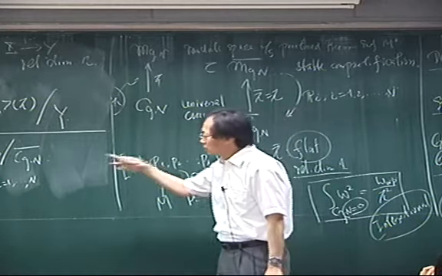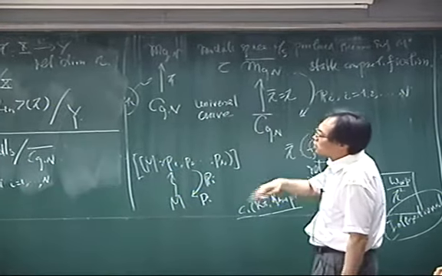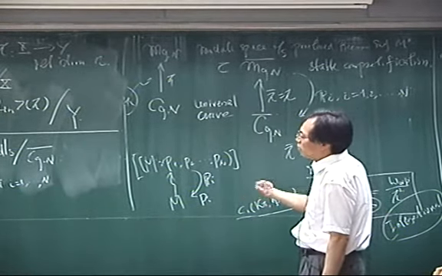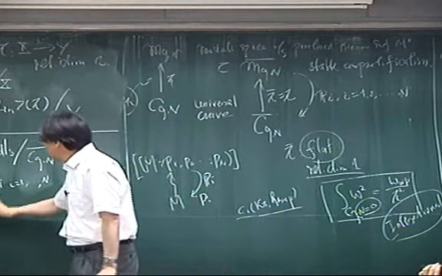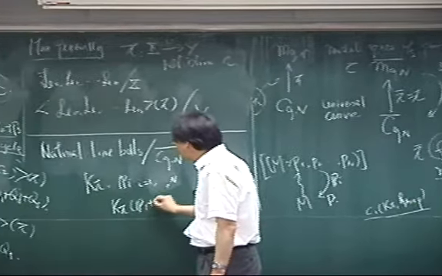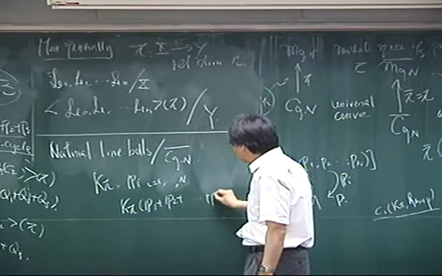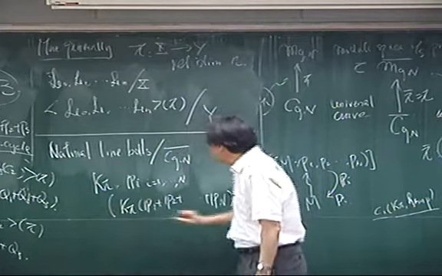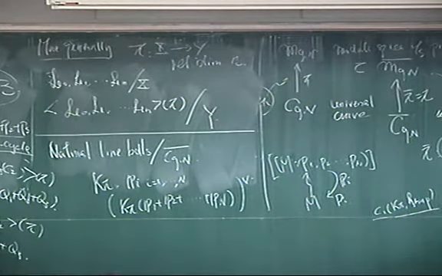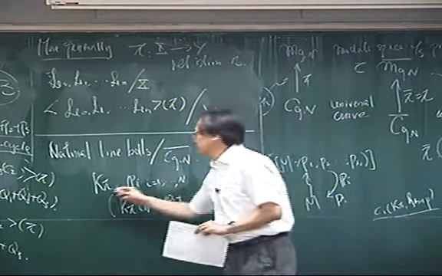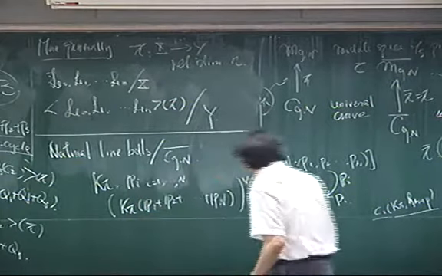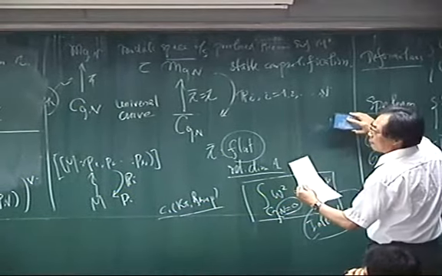you don't consider the relative tangent bundle, but consider the so-called logarithmic relative tangent bundle. In other words, you consider K_π of P1 plus P2 plus Pn. You take its dual. So you have those that are from algebraic structure, and those from the metric. Once you have these three, then you can introduce the following